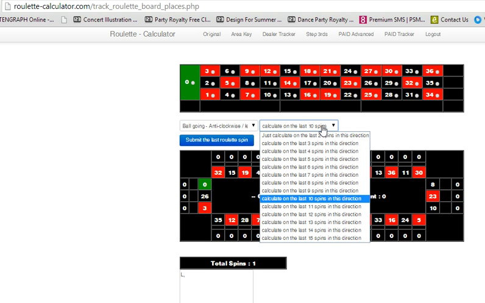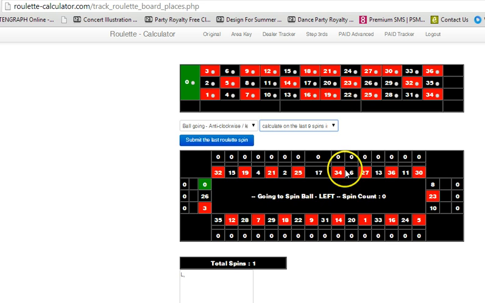And now you can calculate the depth into the number of spins that you want to log. Maybe they started off really even, but then after a while they do vary their spin. So you might want a shallower spin direction logging, and if they're very consistent, you want a deeper one to really see sort of long-term consistencies. I'm just going to put sort of 9 in for the moment, and just enter some numbers in quite randomly to start with. 7,